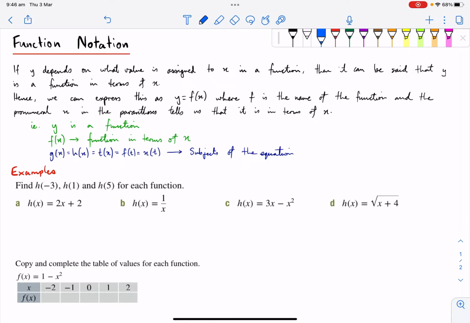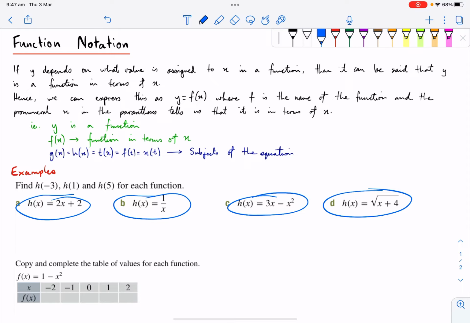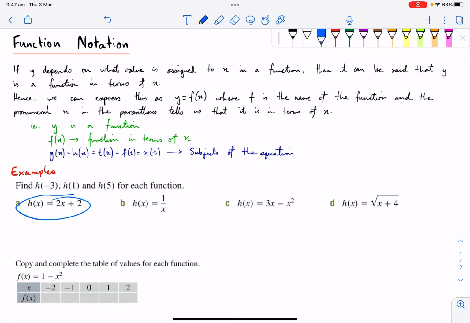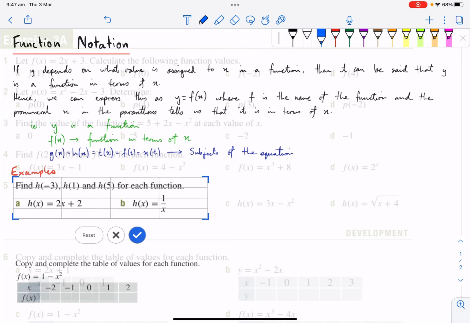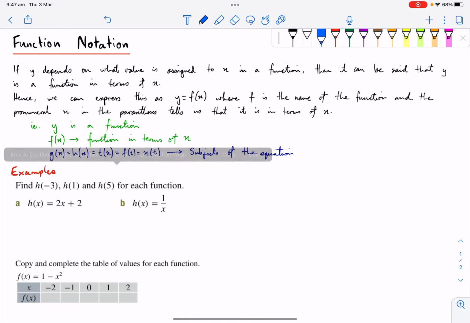So find h(-3), h(1), and h(5). After the lesson that we had yesterday, you should be able to recall that these mean substitute into the x value for the function h. As you can see, these are all equations h, and we are required to find the value for all three. I think doing it for all of them is a bit much, so let me just cut it down. You guys can do the rest. So I'll probably just do it for those two. Now for a,